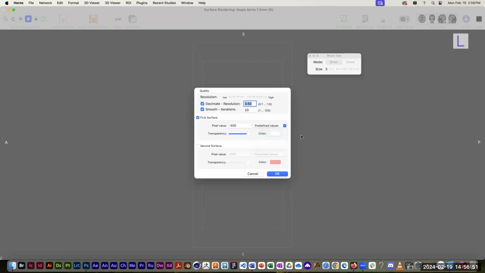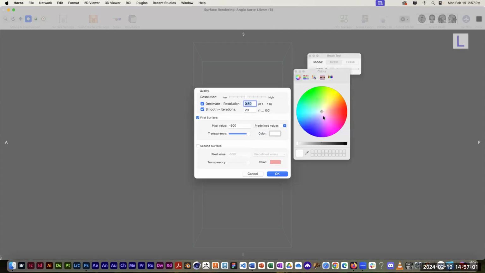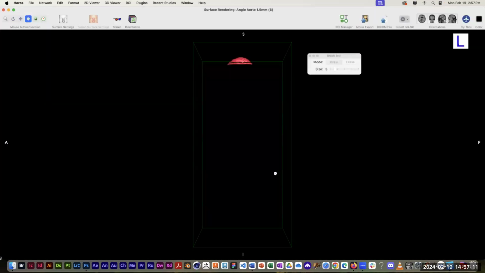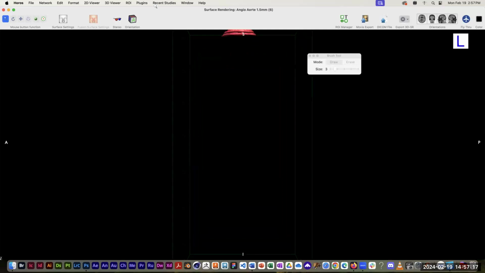And it really doesn't make any difference what color I choose, because I'm going to export it to 3D and recolor it anyway. I don't know, maybe I'll give it a color, just what the heck. What was that, aorta? Let's make it red. Okay. And there it is. Doesn't look like much because I didn't do a whole lot of